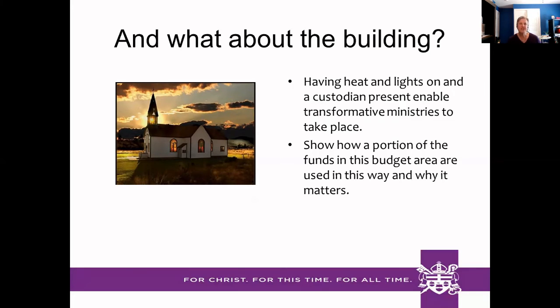Unless you have a particularly large space that is contracted to a specific entity, I usually suggest that you take your building expenses and divide them roughly by the same amount that you've used to establish your ministry categories. I know it might seem weird this year since you may not be using your building space for most of the year in the same way you usually do, but many of your expenses will probably be less too.